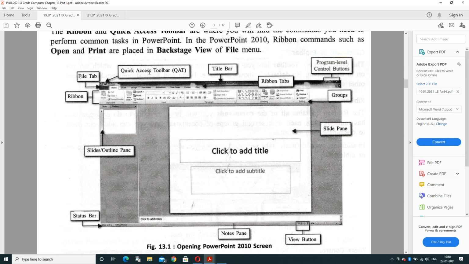Second is the quick access toolbar. Quick access toolbar is a collection of toolbar buttons that a user can quickly access. The user need not move inside the options, and by default there are three options: redo, undo and save. If a question comes in the exam, what are the default options provided by the quick access toolbar? The options are undo, redo and save. And the fourth one is the quick access toolbar options.